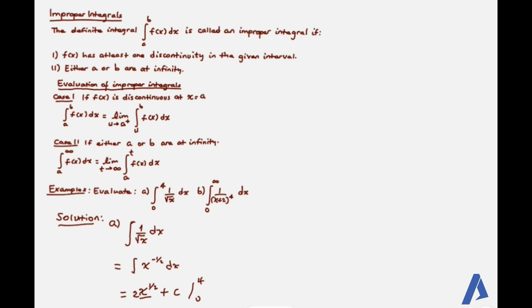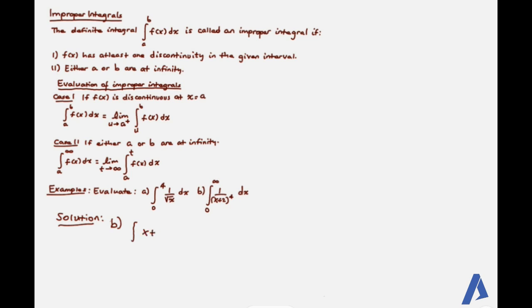ግን at x is equal to 0 discontinuity ስላለ ምን እናደርጋለን? እንተካዋለን the limit of 2x the power of 1 over 2 at 4 and at t as t approaches to 0 ብለን እንተካዋለን። this is equal to 4 ስንተካ 2 times 2, 4 ሊሚቱ እንዳለ ሆኖ ማለት ነው። the limit as t approaches to 0 of 4 minus 2 times the square root of t, as t approaches to 0 ይሄኛው 4 ብቻ ይሆናል ማለት ነው። ስለዚህ improper integralችን finally value 4 ይሆናል ማለት ነው።